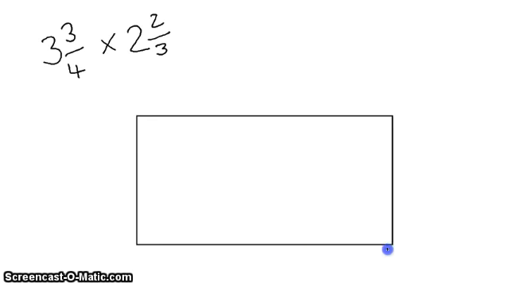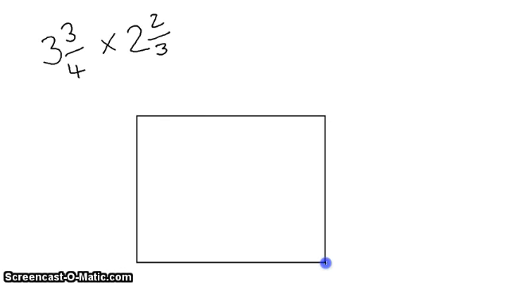3 3/4 times 2 2/3. The first method we learned was that you could start by drawing a rectangle, because as we know, rectangles are your friends. It could be any size you want. So I will make this side be,